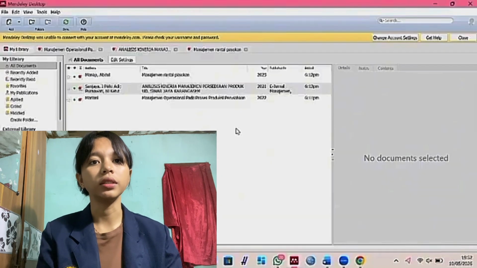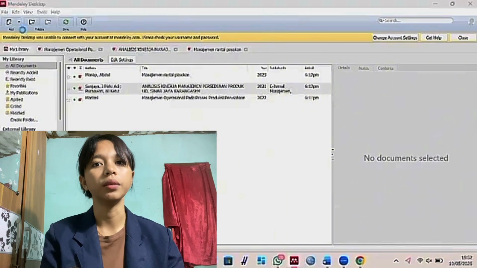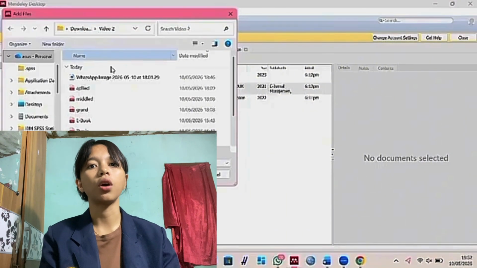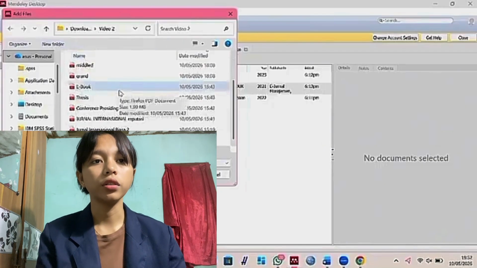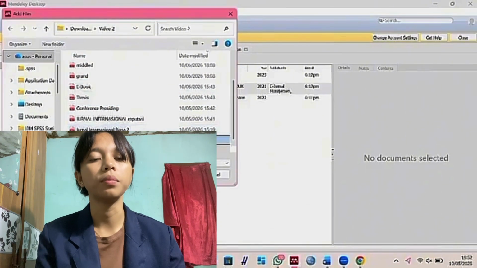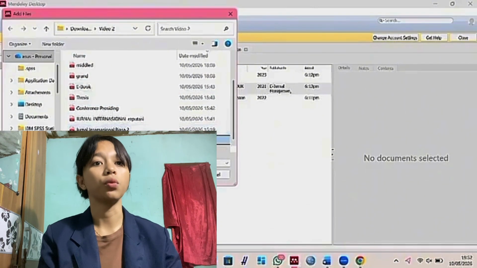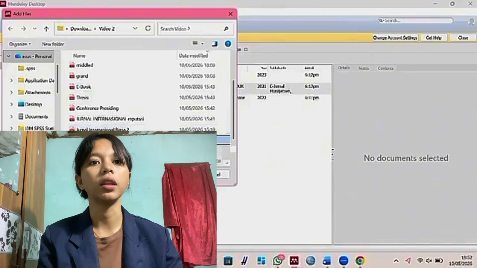First step, click the add or add new button in the top left corner of the main Mendeley window and choose the option. Once the file window opens, I pick them one by one. For this first one, the sales journal file, click the file and click open.